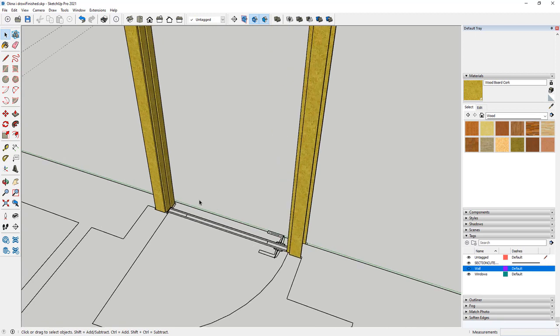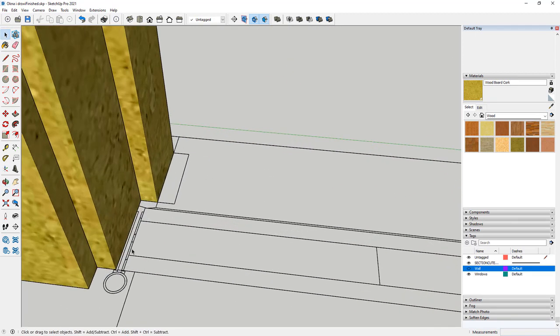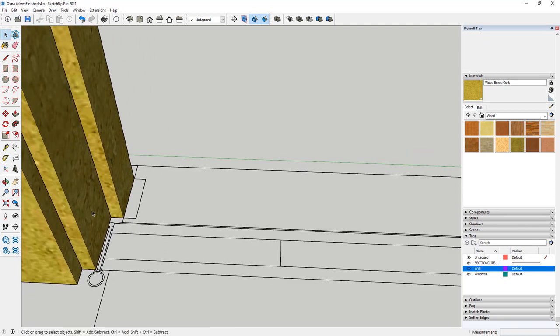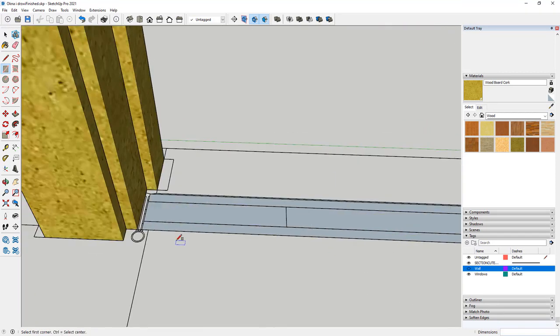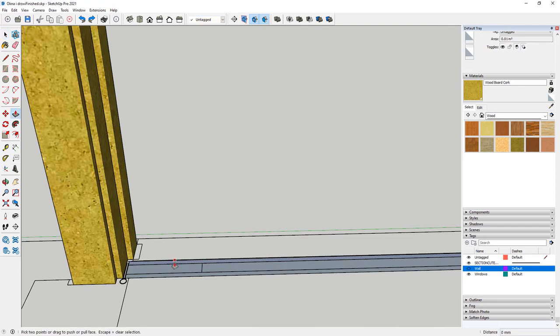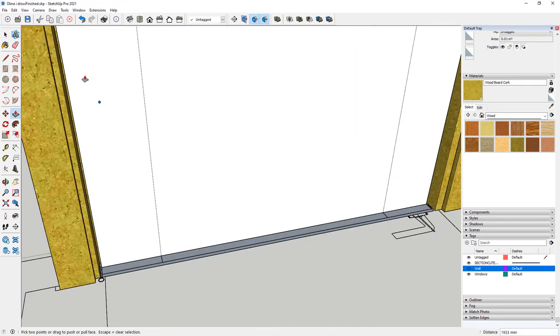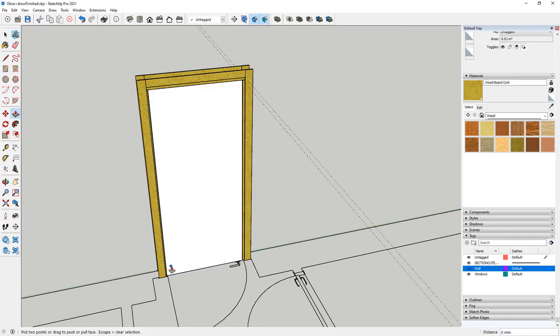I will also turn off the wall to see only the important sketches for me. There's also hinges. I will skip it because I don't need such detailed doors, but you can also try to model it. I will start with the parts that are used to open and close the doors. So this one is quite easy because we need to only add